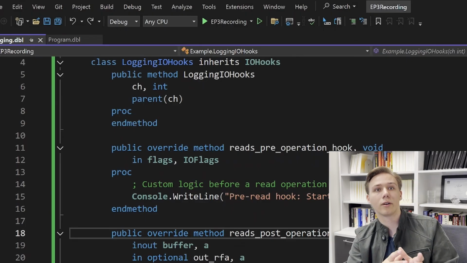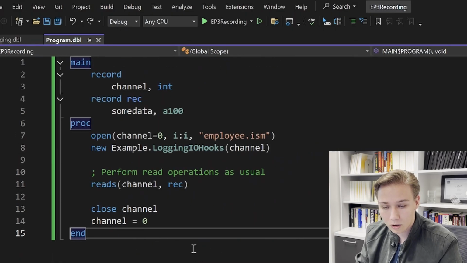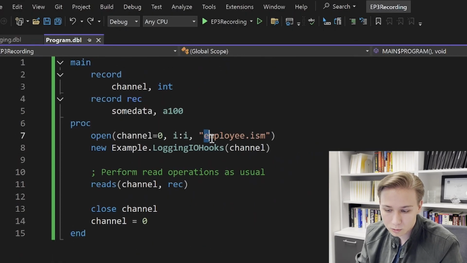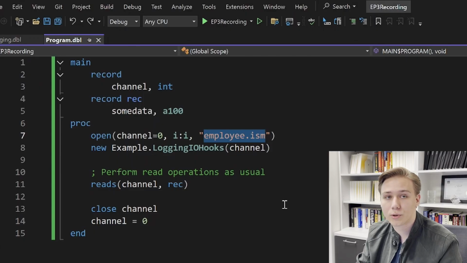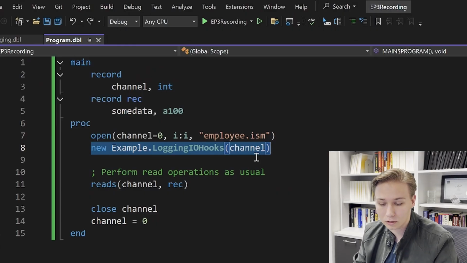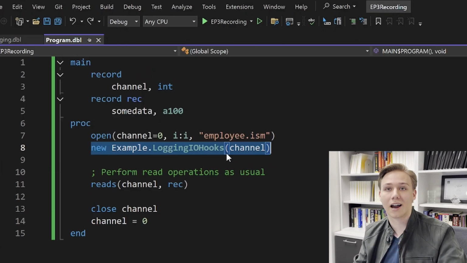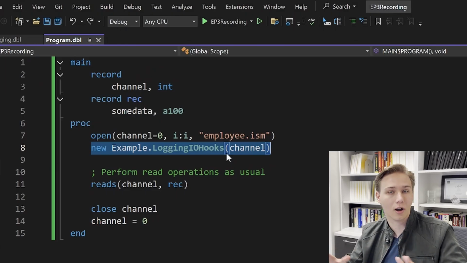In this case, we're going to be going away from our file and into the program that we're going to be running. So here in our logging.dbl program, you'll notice already that we're using the employee.isam that we used in episode 2. We're just going to be reusing it here. On line 8, you can see that we're simply adding an Example.LoggingIOHooks and passing it the channel that we're using so that IOHooks can hook into that channel and do the operations that we need it